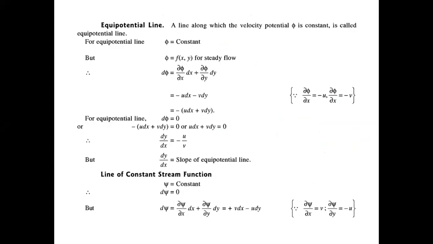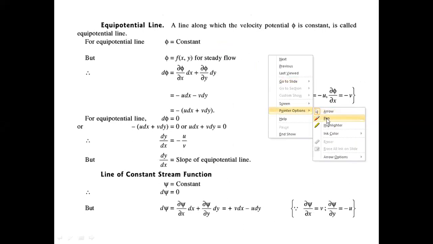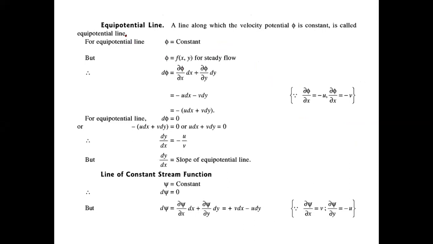These 3 topics are there. Let us try to discuss them also. This one topic is called the equipotential line. So first you try to understand what is an equipotential line. Since this term has potential in itself, this line is related with the potential function. So what is an equipotential line?